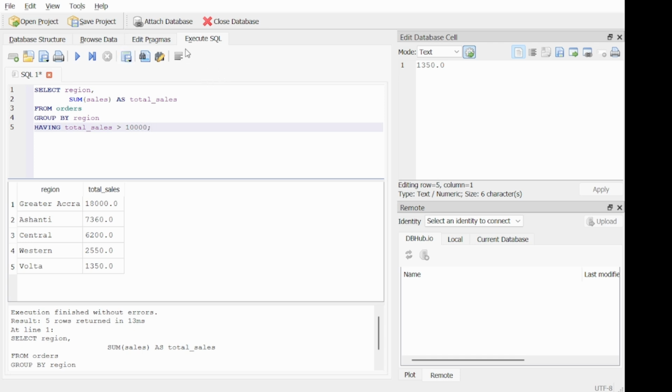Yeah, let's run this. You see what just happened. Having comes after group by, and it looks for the aggregated results. So it is after the aggregation is done that having looks through the aggregated results and gives you what you are looking for based on your condition. Where we are looking for total sales greater than $10,000, it has given us Greater Accra, where the total sales are